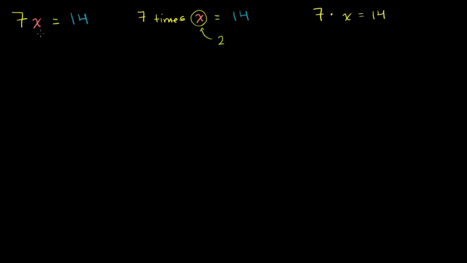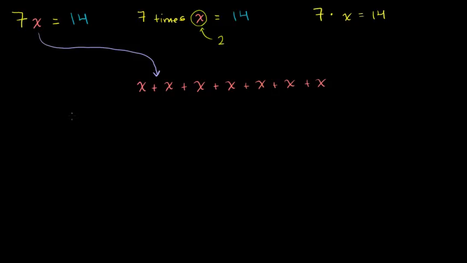Now, to understand how you can manipulate this equation to solve it, let's visualize this. So 7 times x, what is that? I'm just going to rewrite this equation, but in visual form. So 7 times x literally means x added to itself 7 times. That's the definition of multiplication. So it's literally x plus x plus x plus x plus x, that's 5 x's, plus x plus x. So that right there is literally 7 x's. This is 7x right there. Let me rewrite it down. This right here